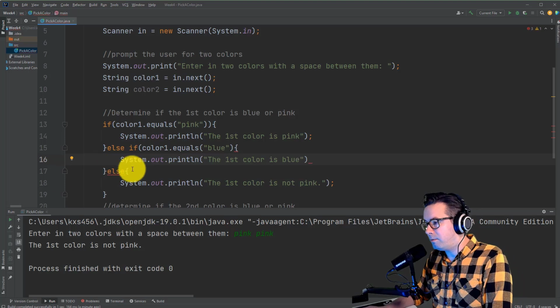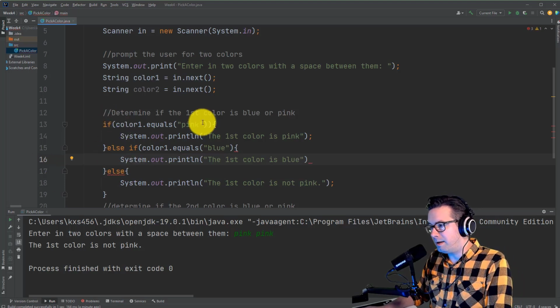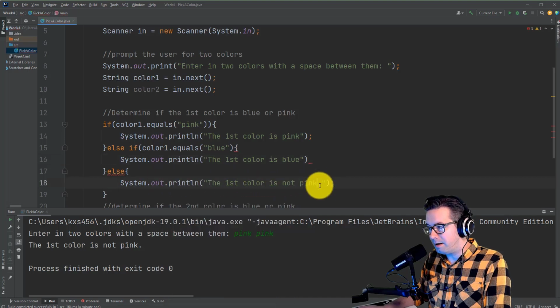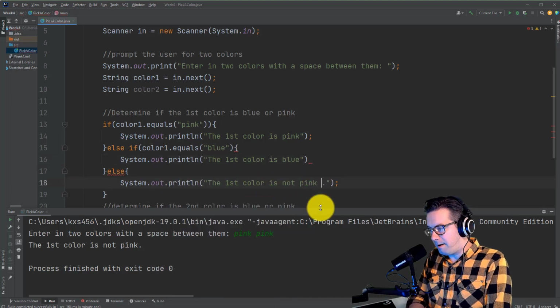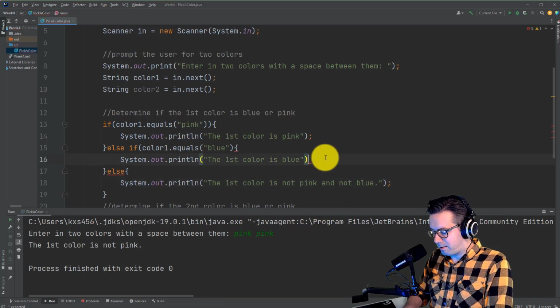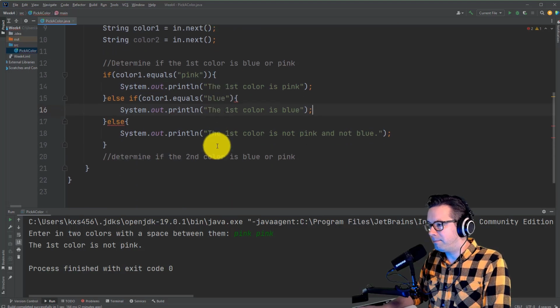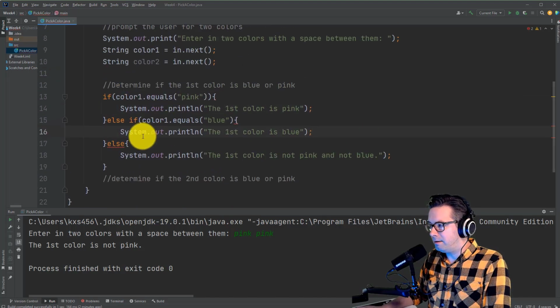And remember also, so if it's pink, it'll say that it's pink. But if it's not pink, it'll say, all right, well, is it blue? And if it's not blue, it'll say, all right, the first color is not pink and not blue. We also want to make sure we punctuate with the semicolon, right? All right. Anyways, now if we think about